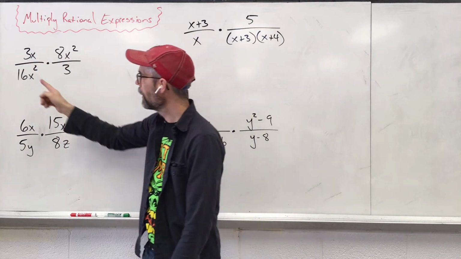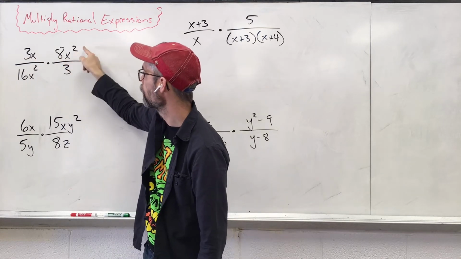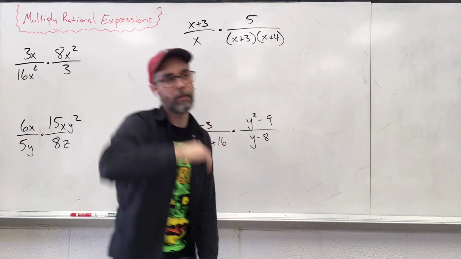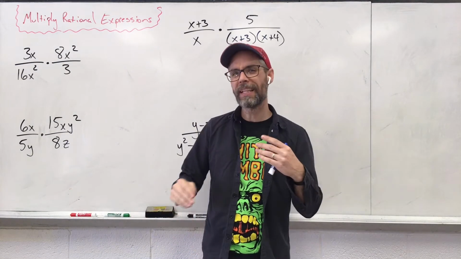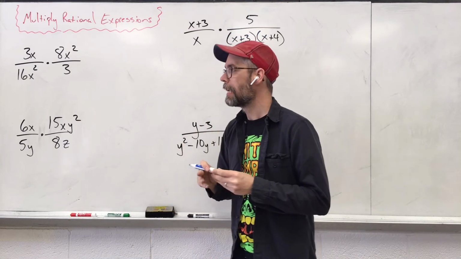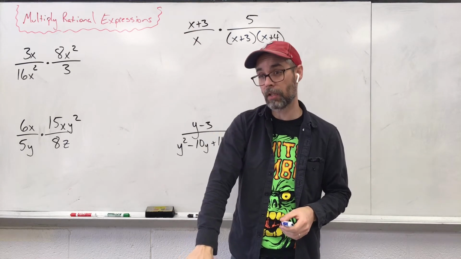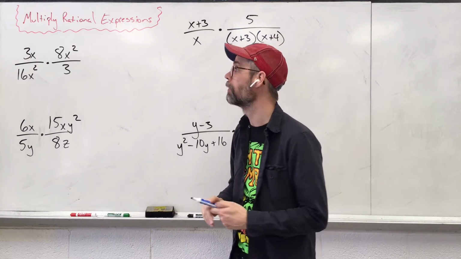So that really means since there's multiplication here, there's multiplication here, there's multiplication here, everything up top is being multiplied together. Everything on the bottom is being multiplied together. So we could go out of order if we want, and we can simplify piece by piece. What I mean is, if you have something up top and you have something on the bottom that's the exact same thing, you can just cancel them out